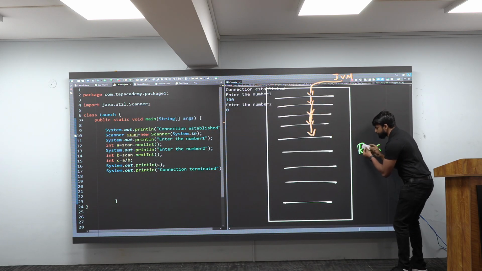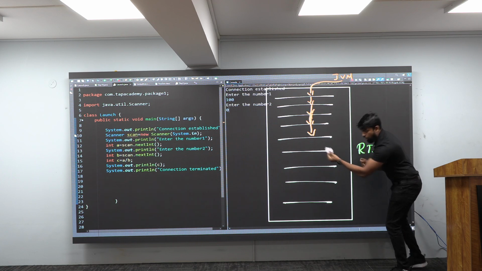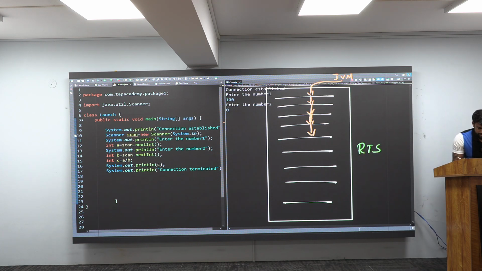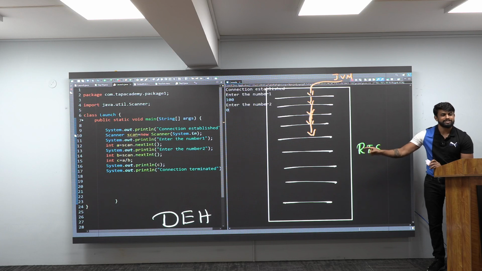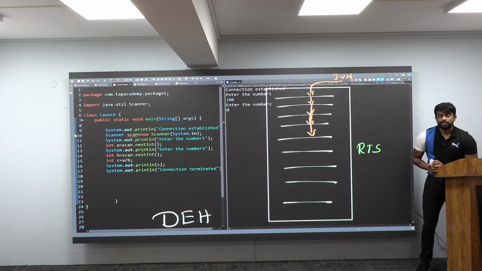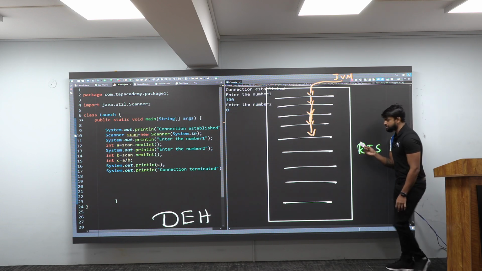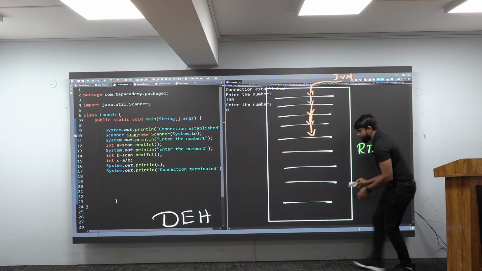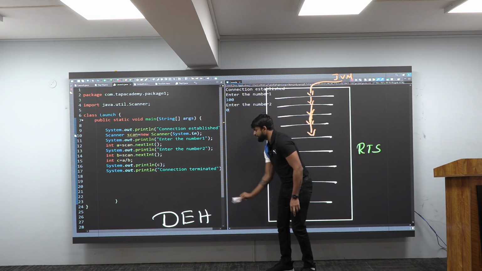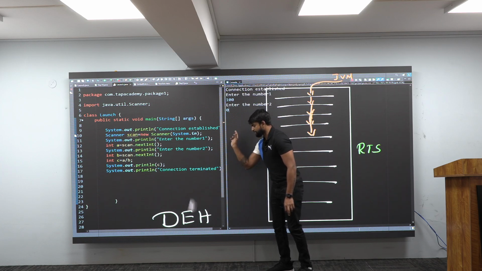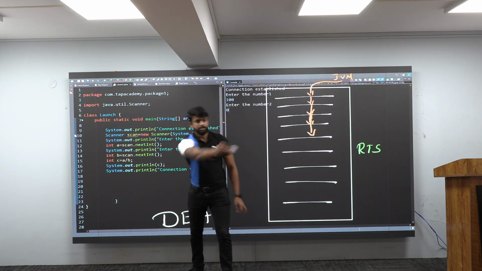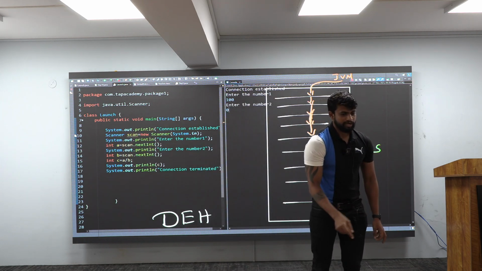And what will it do, sir? This RTS will take this object and give it to one person. Who is that person, sir, if you ask me? There is one person and his name is DEH. Who is this other guy, sir? His name is default exception handler. Who is he? Default exception handler. This object will go to him now. Really, sir? This object will go to him, and he will catch it now. Like this, he will catch it. Think that he is the DEH. He'll catch it.